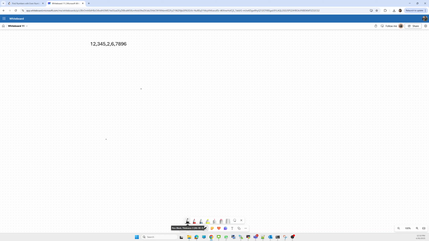The concept is that our number n lies in which range? It lies in the range of 10 to the power d minus 1, to 10 to the power d. In this range it will lie, and d will be the number of digits of this number. So we have to calculate this d, the number of digits.